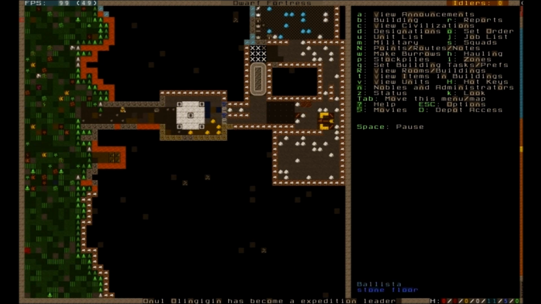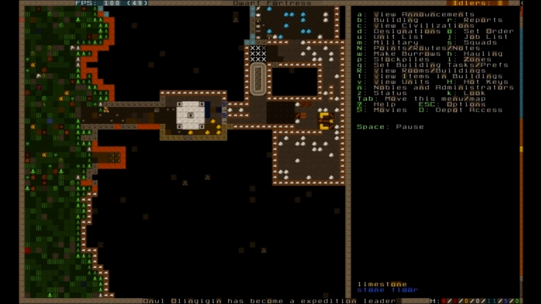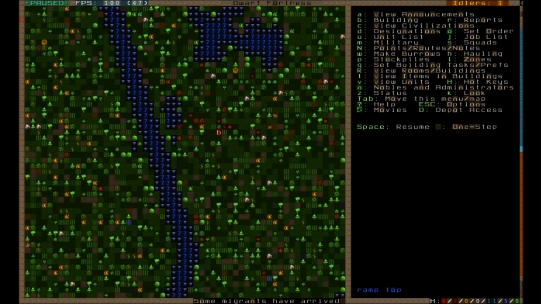Oh hey, look at this! Look! A ballista! Haha! Yes! Alright, we have got a ballista built. And migrants have arrived! 2 big things happening right at once. We've got 1, 2, 3, 4, 5, 6, 7, 8...